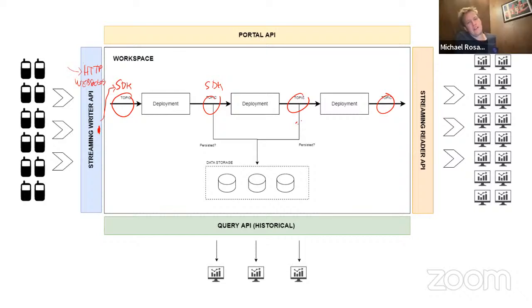And what data can you write to the streaming writer API? Well, any format that the SDK supports. That is basically time series data, which could be events, so just a JSON event or some specific irregular event.